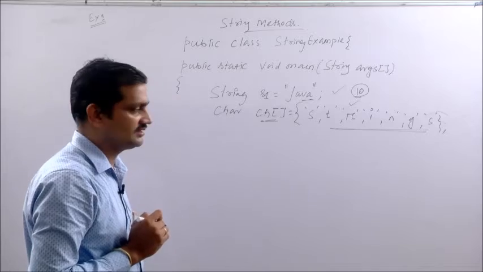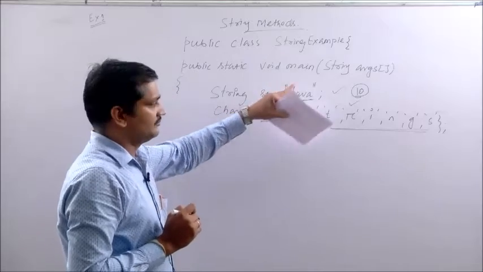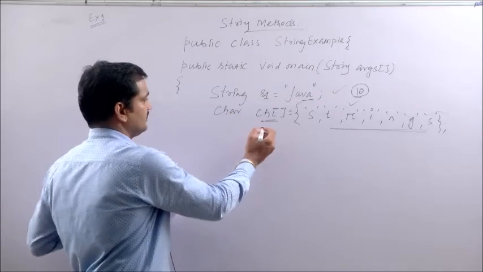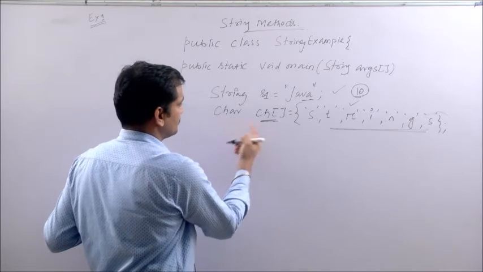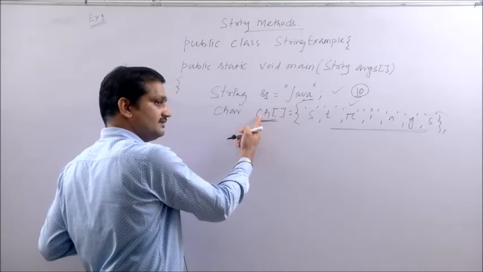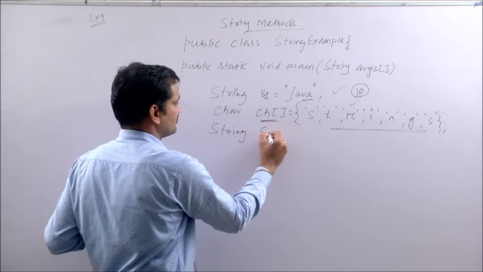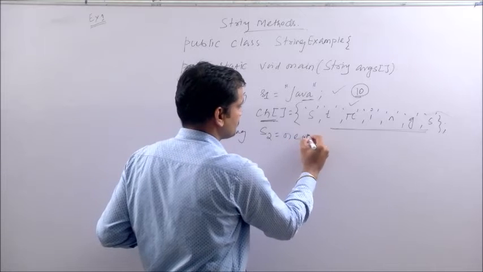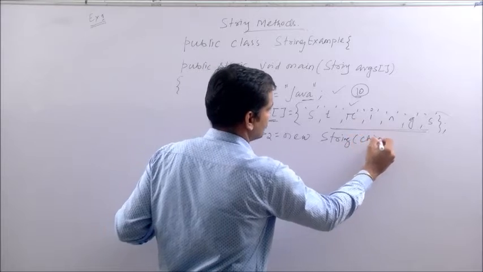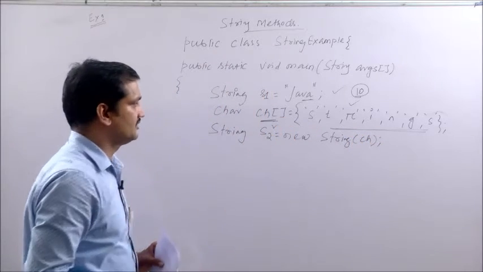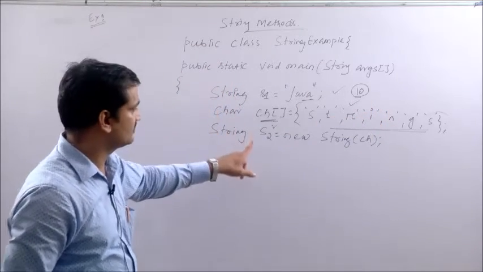Why is it not a string? Because it is not going to terminate with a null character. Every string literal terminates with a null character. So that is why we may create this ch as a string. We may convert this array of character to a string, and to do that we can give this array of character as an argument to a string object, like S2 equals new String, and it takes the argument ch. Now S2 is a string object which stores the string.